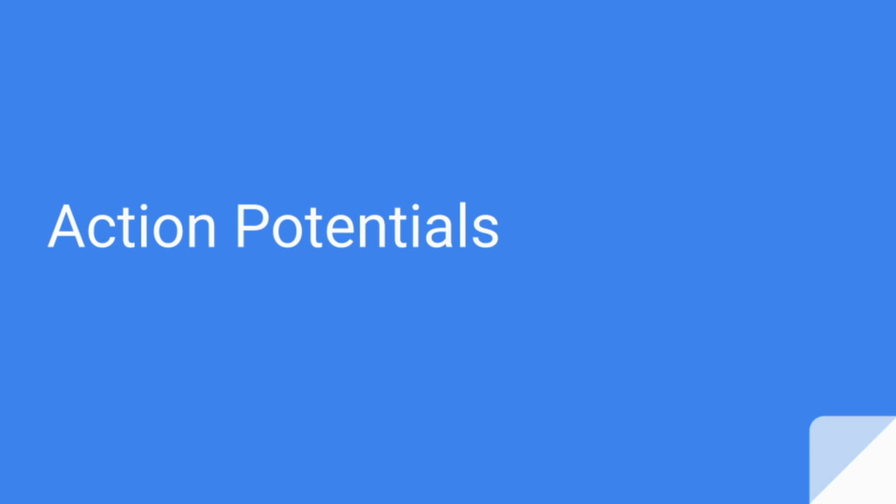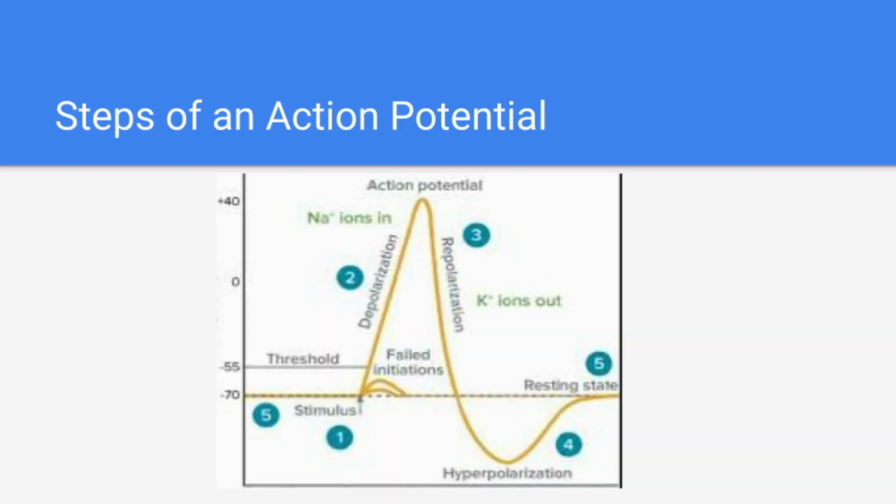On today's agenda, we will be discussing action potentials. An action potential always occurs in the axon hillock. You begin at resting membrane potential, which is at -70. The threshold has to go above -55 for the voltage-gated sodium channel to open, and when it does, sodium will